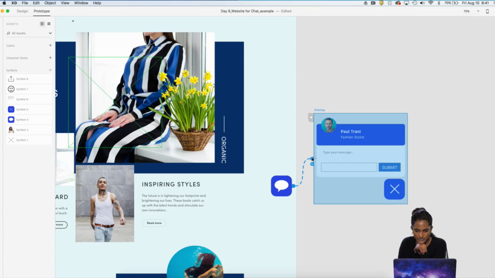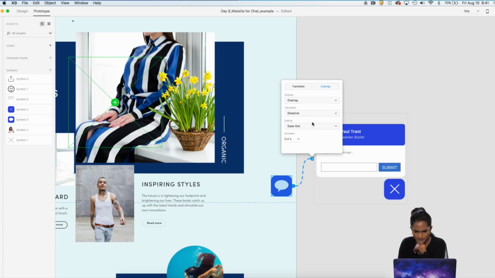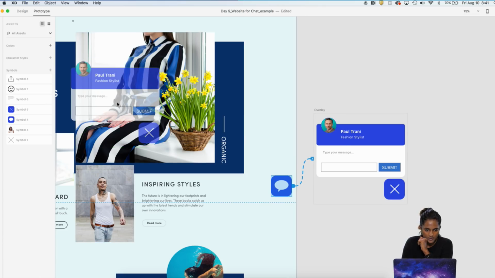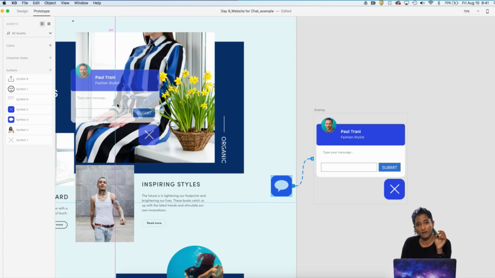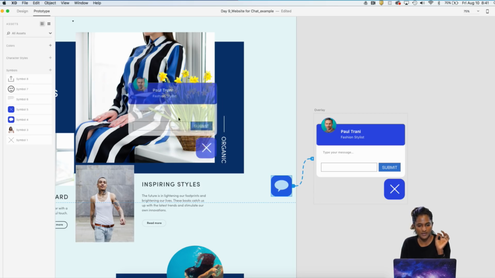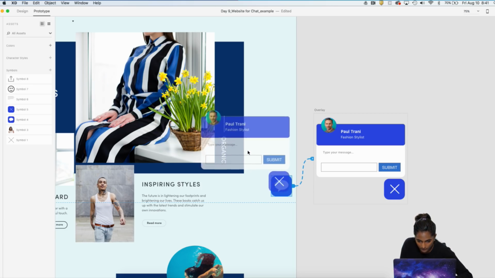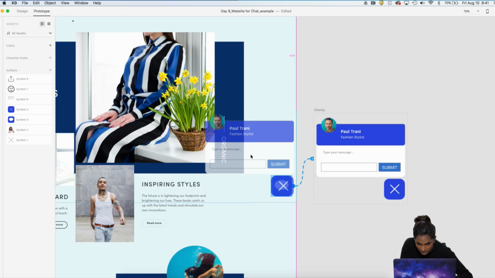So in this case, we're going to do dissolve, and make sure to click on the overlay tab. And let's do maybe ease in. We can always come back and alter our action. So the minute you click on overlay, you're going to see a little green box with a little scroller. So in this case, we're seeing it right now, and we're going to perfectly align it so it simulates an open and close